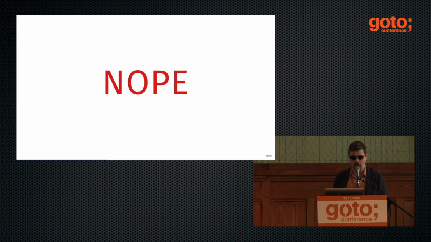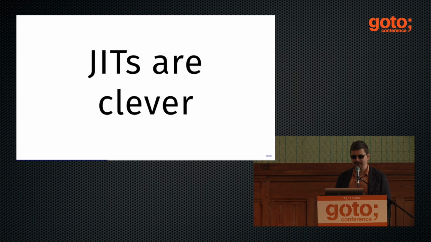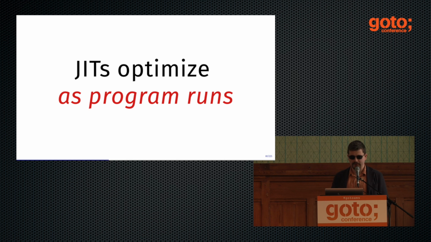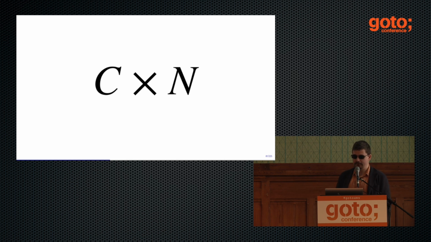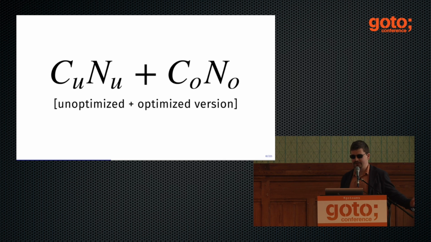Of course, the answer is nope. JavaScript compilers, the just-in-time compilers, are relatively clever, like dogs. They're not as smart as people, but at least they can do woof woof to your code. And they can observe how the program is running, and they can optimize while it is running. So your math from the first grade no longer applies really. You get an unoptimized version and optimized versions together, and then you repeat several times the unoptimized version, then the JIT comes and optimizes it. So it gets a little bit complicated.